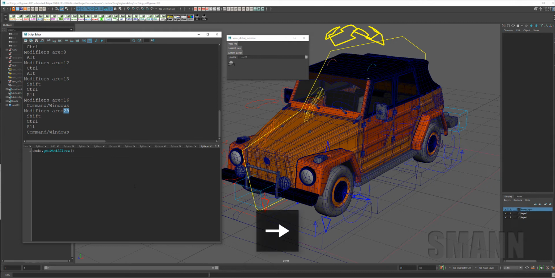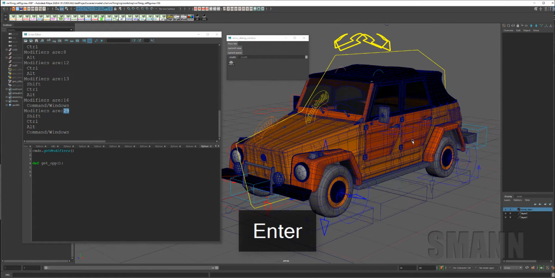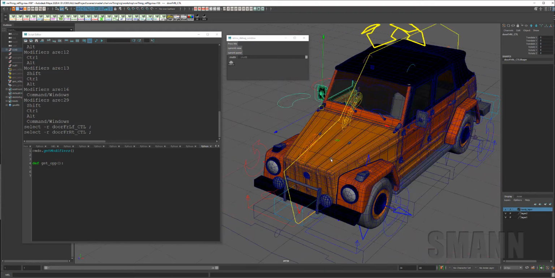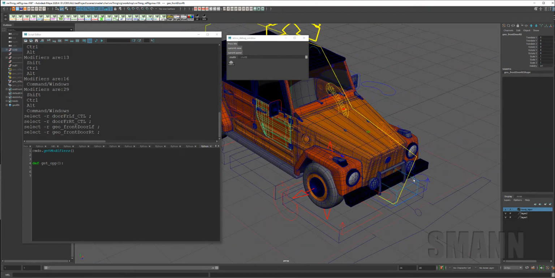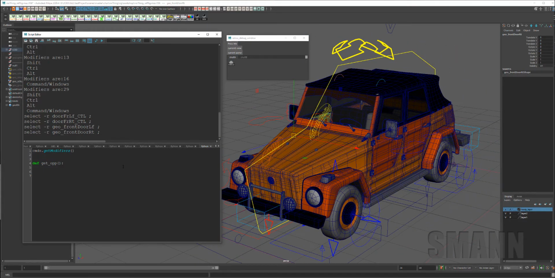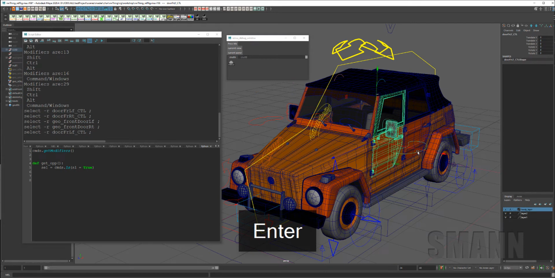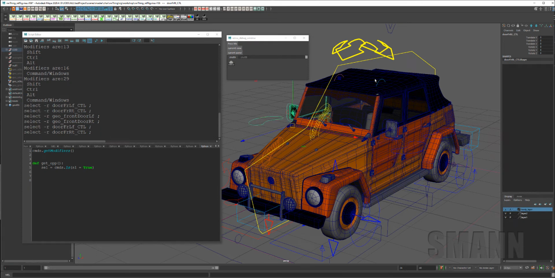So what I'm going to first do here is just make something really quickly. This is something I use all the time when I'm just making quick scripts. I have my little rig here, and I just want something that'll quickly grab the other side. Now the naming structure on this I need to update, but right now it's LF and RT. So what I'm going to do is get my selection, and what I want to do is just say whatever you have selected, replace the LF with an RT and vice versa. So for each object in the selection,